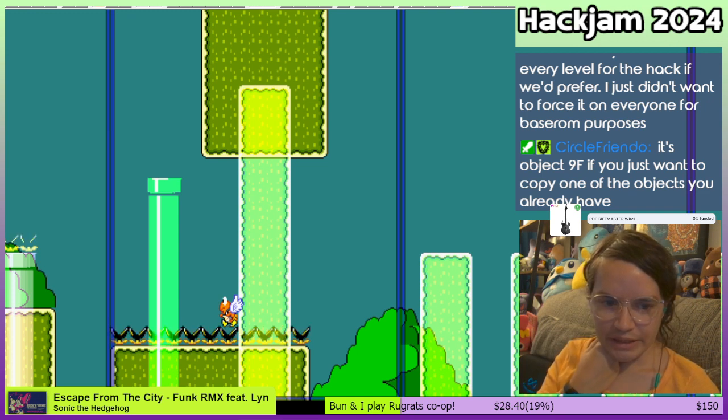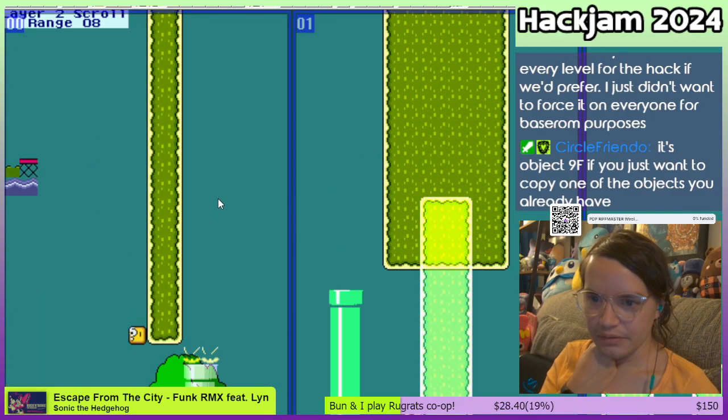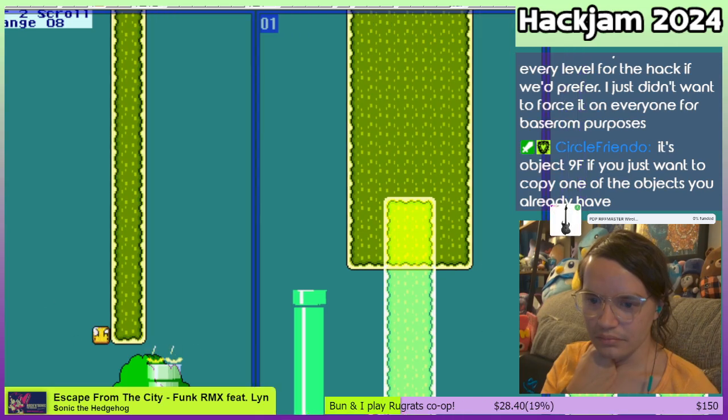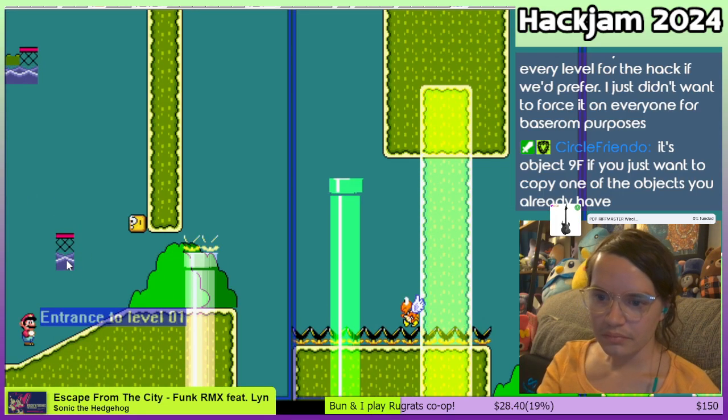It's object 9F if you want to just copy one of the objects you have. So under